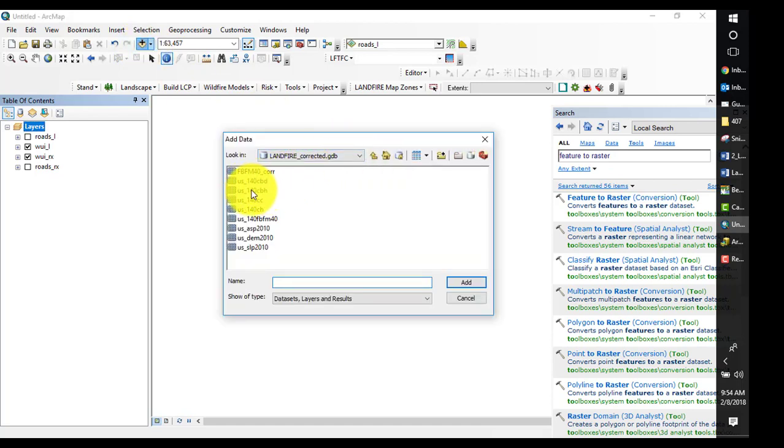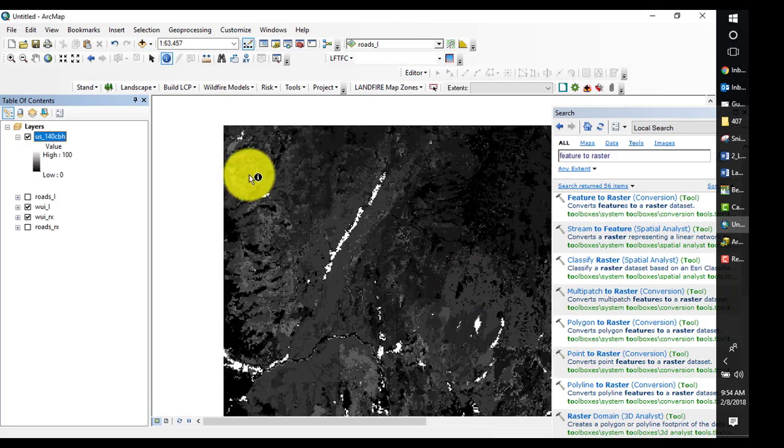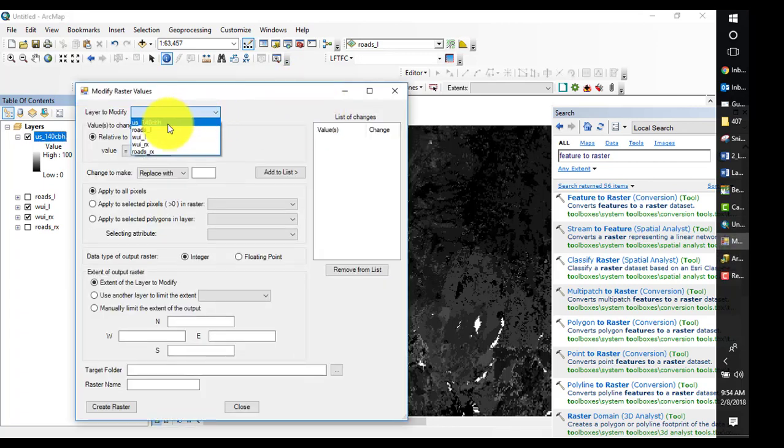is going to be Canopy base height, and it can be added from any of those folders. Doesn't matter that much. So again, we're going to go through the same process of modify raster values. The layer we're going to modify is the original layer, and we're going to start with the modifications for the intermediate treatment. And in the intermediate treatment, the manager expected the canopy base height to increase to 2.5 meters. So in the units that we are working with LANDFIRE, it's meters times 10. So anything that is above 0, greater than 0,